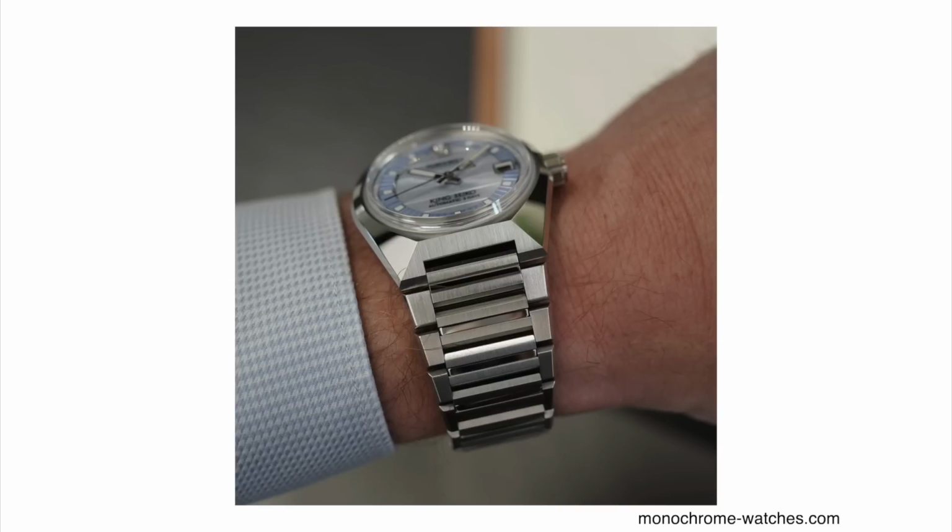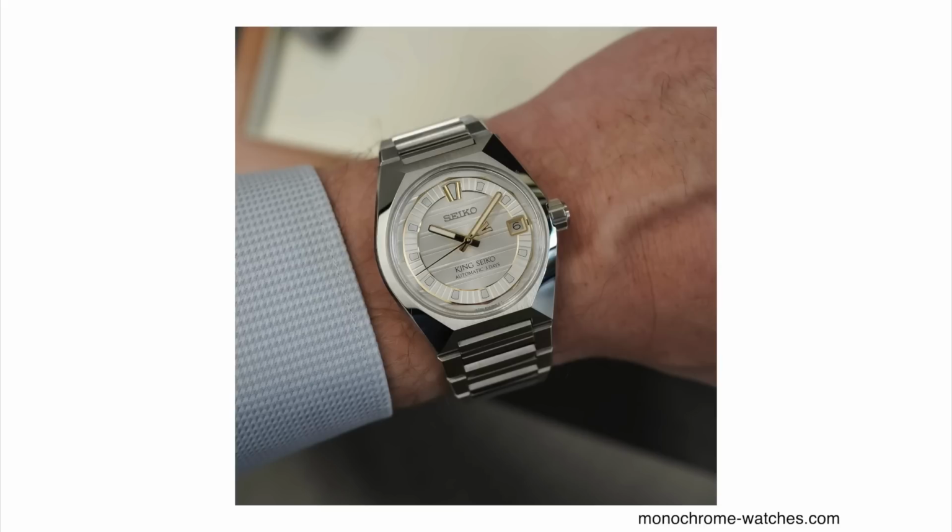So kind of stretching it out and making it in a 41mm diameter makes it a little bit more balanced. However, on the other side, these integrated bracelet watches tend to wear larger, so having it with a 41mm diameter would wear pretty large on a lot of people's wrists. And even though the movement adds quite a bit of thickness to the case height, I'm still glad they chose